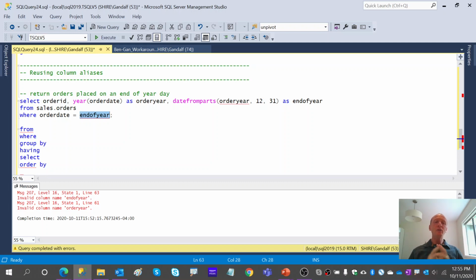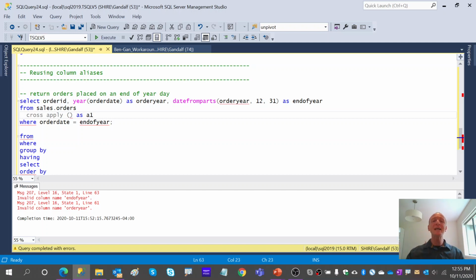So a much cleaner, easier, simpler approach is to use, remember the cross apply and values clause that I used earlier to solve the alternative to greatest and least? We can use it in a similar way, but without unpivoting anything, just using cross apply along with the values clause to define a table expression that will then have those extra columns.